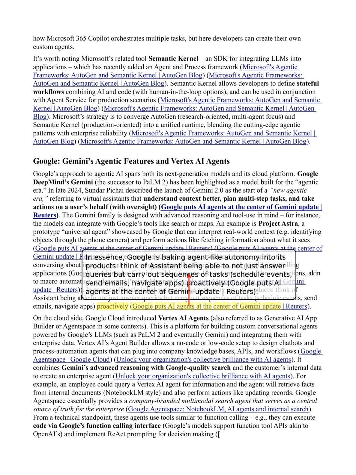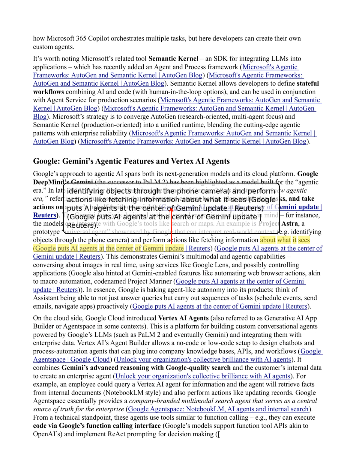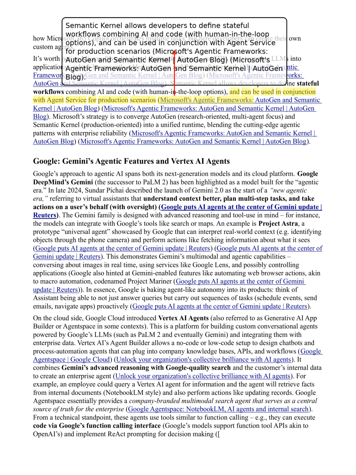Exactly. It's a glimpse into the future of multimodal agents. And for businesses, Google is pushing Vertex AI agents, which is a platform for building conversational agents that can tap into company data and streamline workflows. And the interesting thing about Vertex AI is its no-code or low-code approach, which makes it accessible even to people without a ton of programming experience. Wow, it seems like Google is making agentic AI development much more approachable.